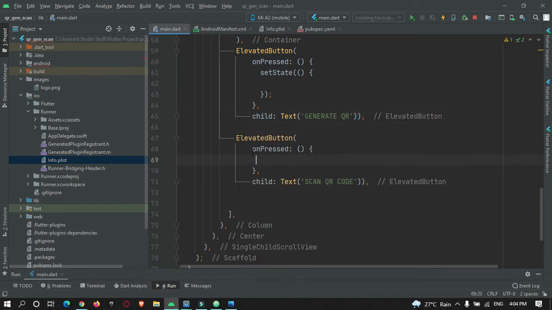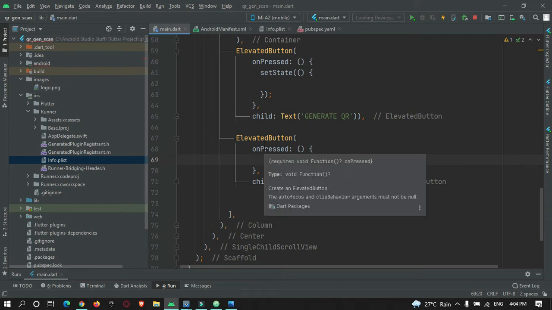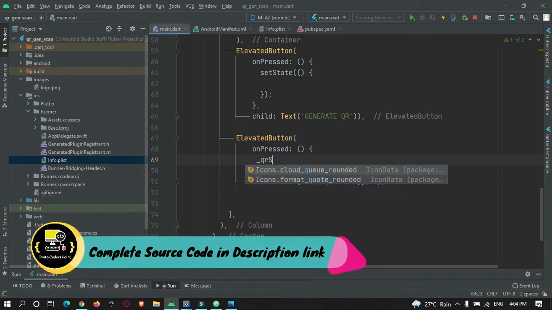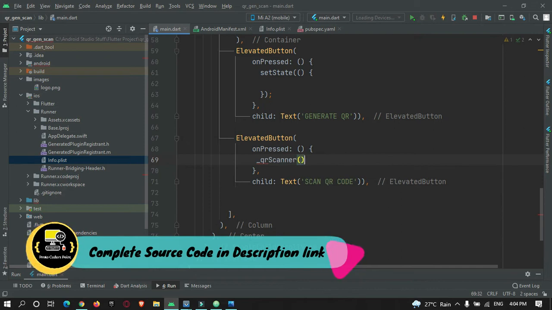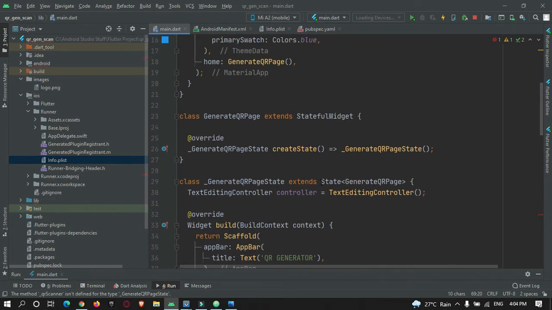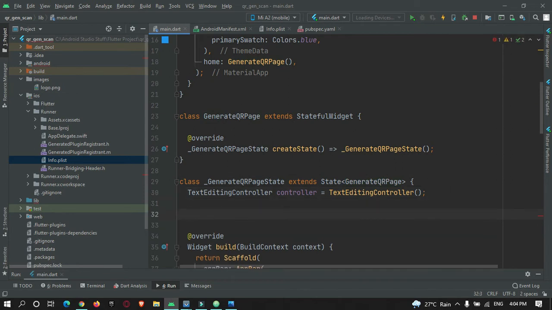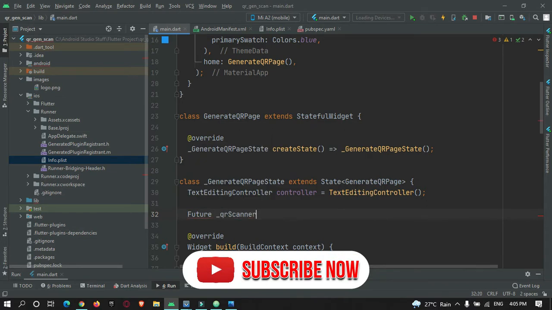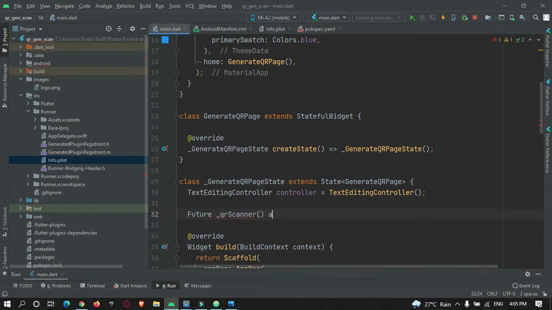When the button is pressed, I will call a method that opens a camera for us. Let's give the method the name qrScanner. Let's create this method over here in this state. Create a Future qrScanner, asynchronous.